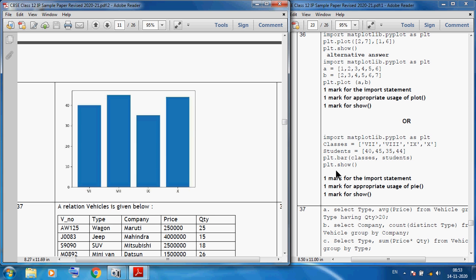Here I am using plt.bar. First we write import matplotlib.pyplot as plt. Then think about the classes. Here on the OX axis are the classes. So I am using classes equal to a list variable: 7th, 8th, 9th, 10th. Then this is our